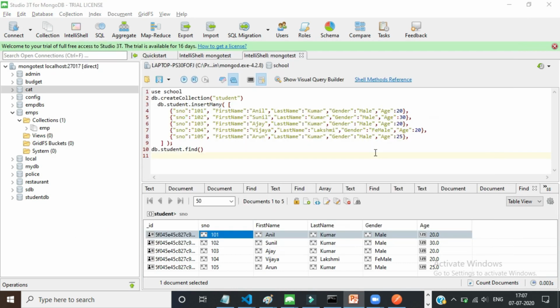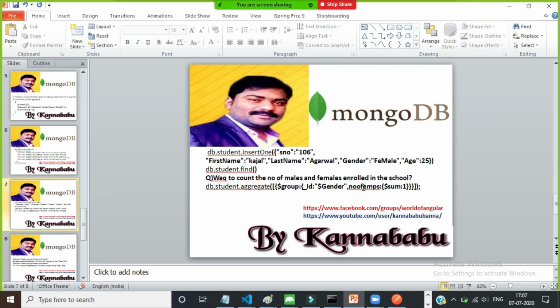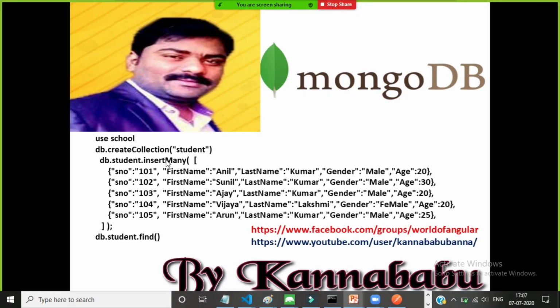So previously I explained to you about group by, how group by is working. Consider all the values as a single group, and then the aggregate function will be applied on the individual group. This is my student collection. I have 5 student details. One student is one document, so 5 students means 5 documents. All these values we kept in one collection.